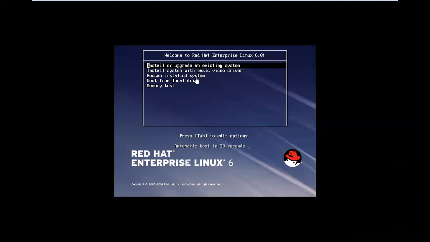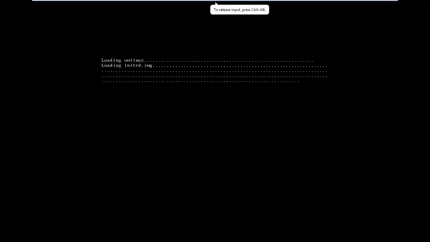Rescue installed system: if our system is not booting, then we can go for rescue mode and troubleshoot the servers. If you accidentally boot from DVD, you can select the option boot from local drive. If you want to run a memory test, you can select that. So first time we are installing Linux, first option, enter.